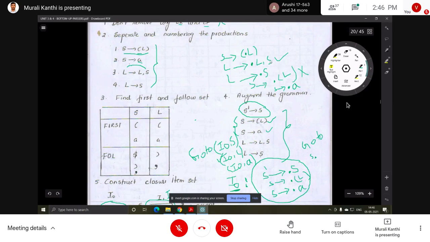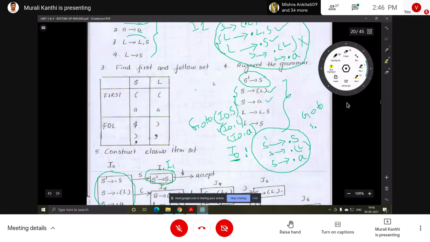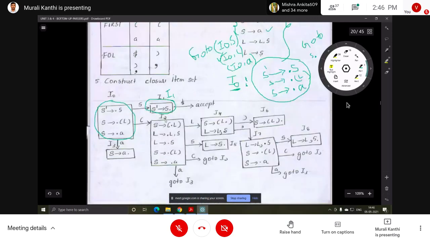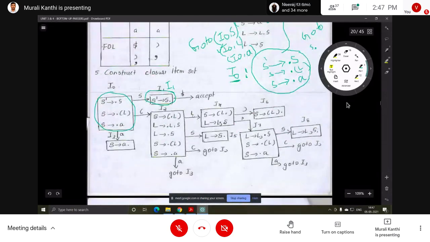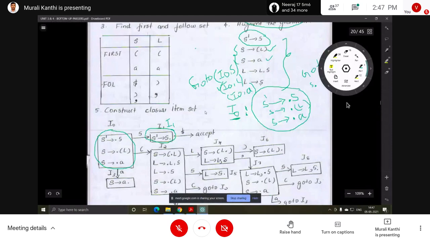But in this case we have to add productions. Why? After the dot, L is there, and after that S is there. L and S are non-terminals. The L productions are already added, so no need to add them again, but add the S productions. Now give a name to this set. I1 is already given, so this is I2, item set 2. You can check, we got the same thing: L with two productions. So the go to of I0 comma open parenthesis is completed.